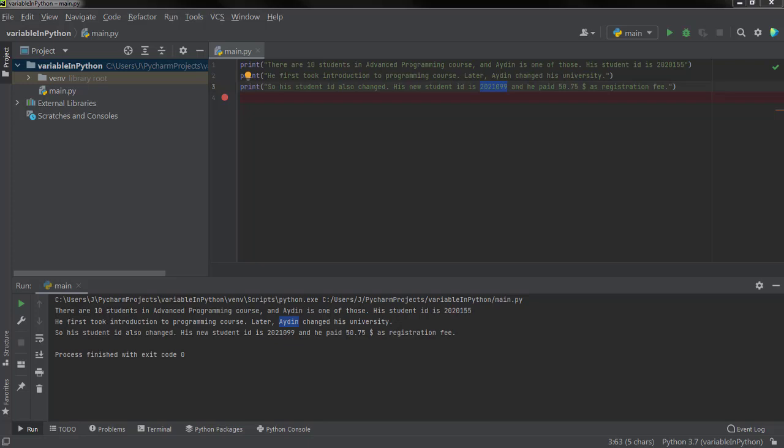That is obviously not a very good way to do this, and it is not a good way to manage the data in our program, like student ID, student name, or fee. So we have to use variables in order to store the student name, student ID, fee, or other types of data. Variables make a lot of things easier for us.